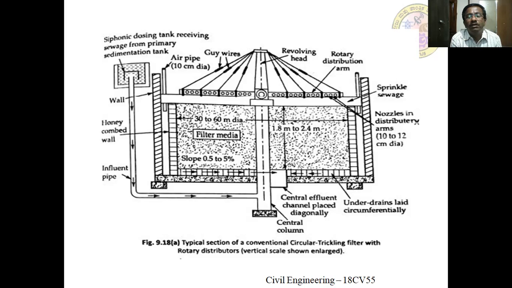Once sprinkled from the top, the wastewater automatically enters through the voids and finally reaches the underdrainage system. From there it leads to the secondary clarifier. Before reaching the underdrainage system, since there are a number of microbes forming biofilms, degradation of the organic material takes place. It depends upon the loading rate, the application of the wastewater, the amount of oxygen supplied to the system, the depth, the number of voids present, and all these things.